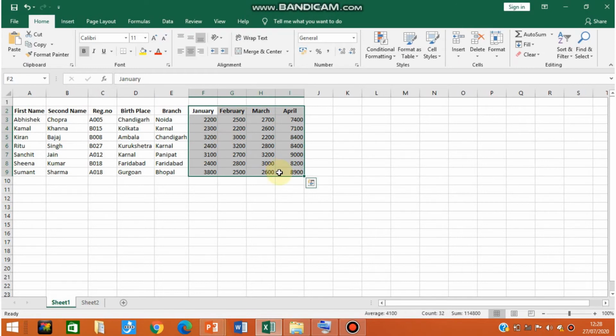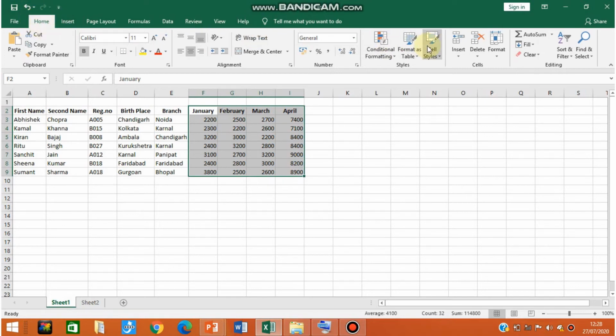Using your mouse and left click continuously, select all the data between January and April, including January and April. After selecting these four months of data, click on the Home tab. By default we are in the Home tab only.